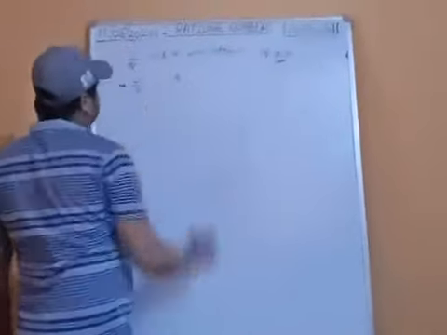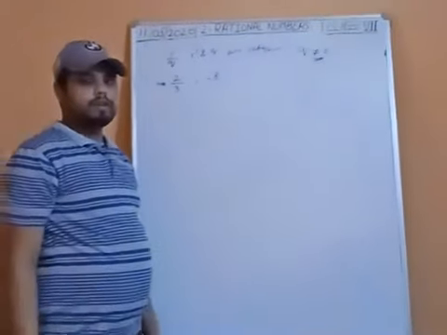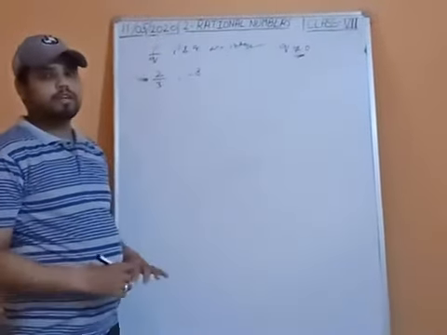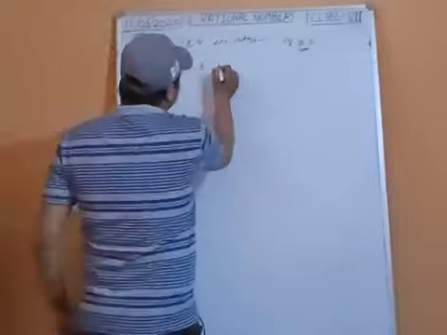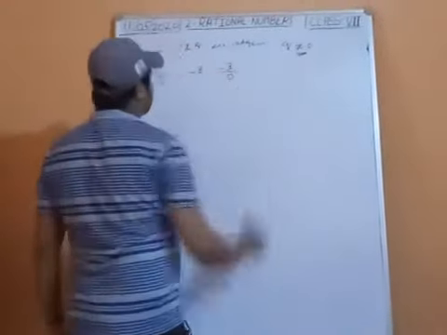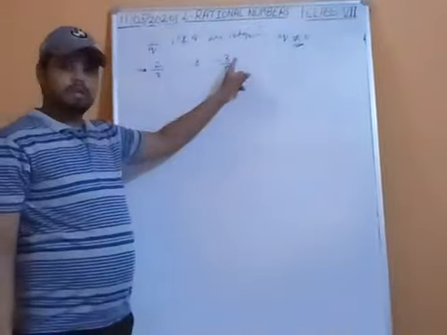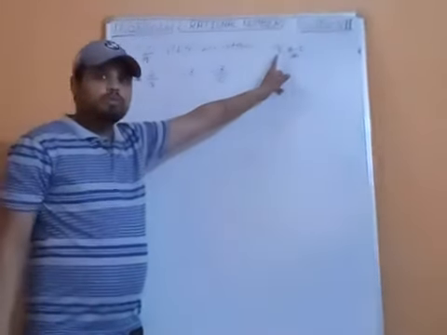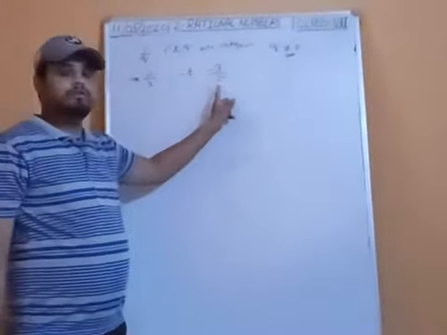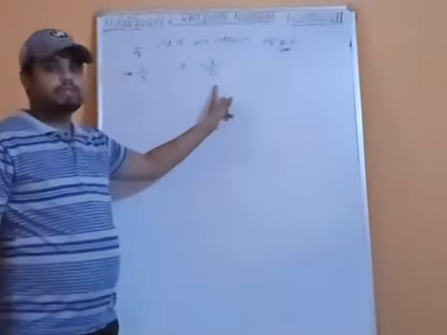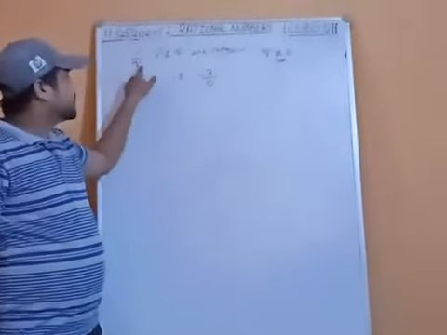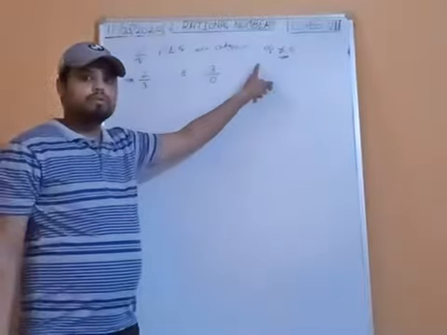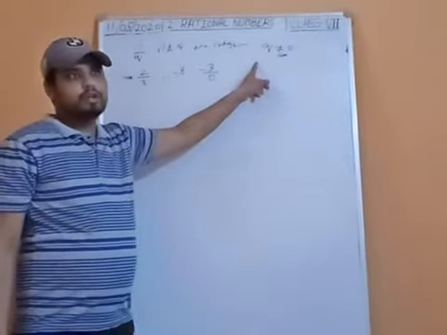Minus 8, value of p is minus 8 and value of q is, it is understood, 1. So minus 8 is a rational number. Next, minus 3 upon 0. So value of p is minus 3 and value of q is 0. And what is the condition here? q is not equal to 0. So 3 upon 0 is not a rational number. For a rational number, the number can be written in p upon q form, p and q both are integers, q is not equal to 0. So the number is called a rational number.